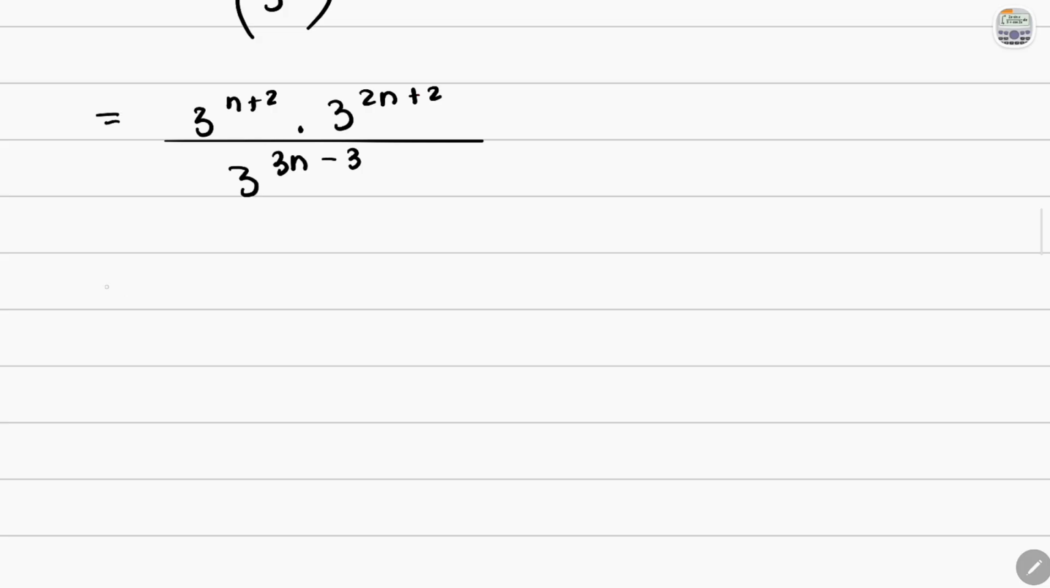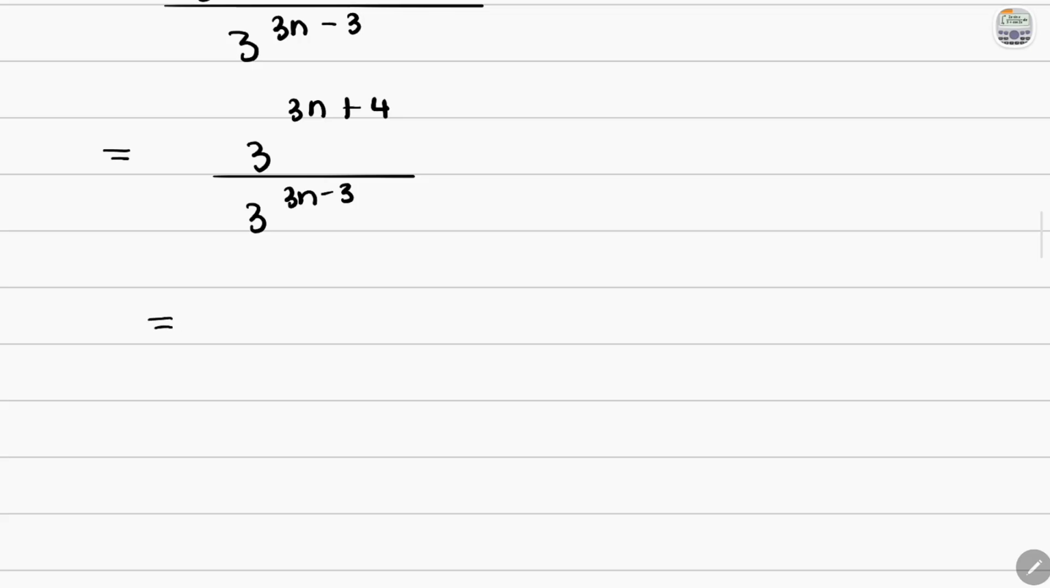In the numerator, you see that we are multiplying with the same base, so we are going to add the exponents. If the bases are the same and you're multiplying, you're simply just going to add the exponents. So keep the base the same. It's 3 raised to the power of n plus 2. Let's just add straight away. So n plus 2n is 3n, and then 2 plus 2 is 4. All over 3 to the power of 3n minus 3 is equal to, and now